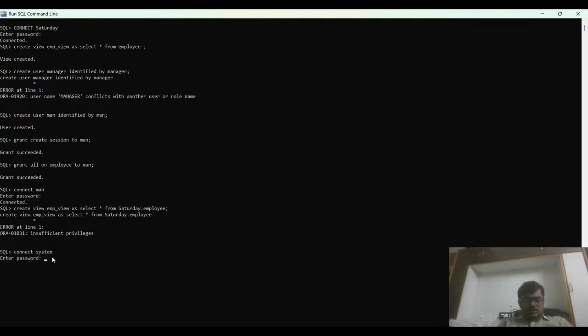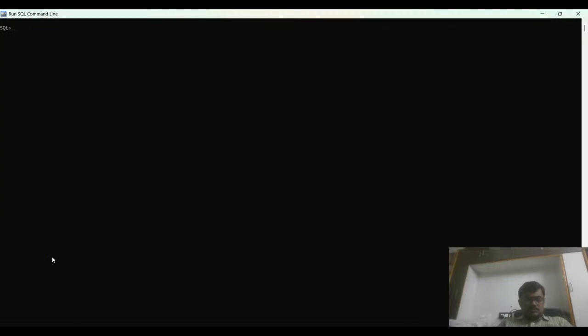System and... now connected. Clear the screen now. From the main account, we'll create a new view and see how it works. Create view emp_view, because emp_view will be there already, the same view name, that's why I have given a different view name. Create view name as select